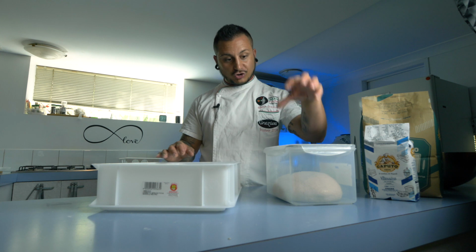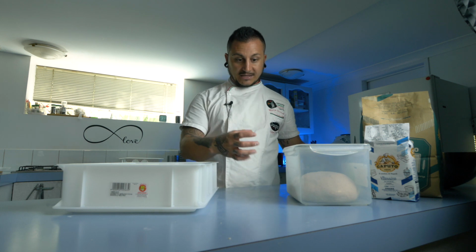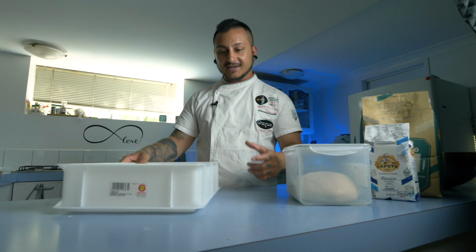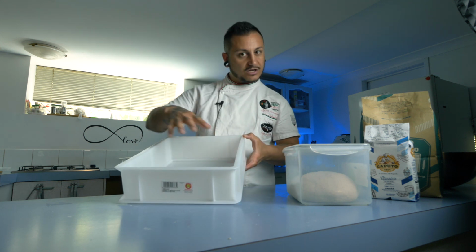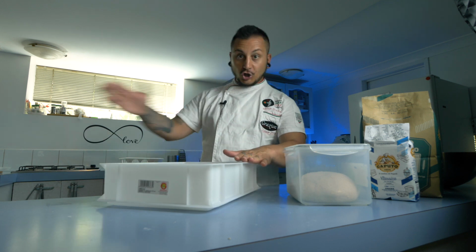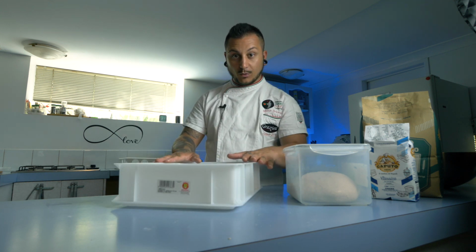So the day after, you're gonna put this container on your bench. Using a spatula like this one, you're gonna cut it and create a ball shape at 250 grams. Okay, you're gonna put the balls here, 1, 2, 3, 4, 5, 6 balls. Even if they're gonna touch each other, doesn't matter. And you're gonna close with the proper lid, and you're gonna let this container with the dough